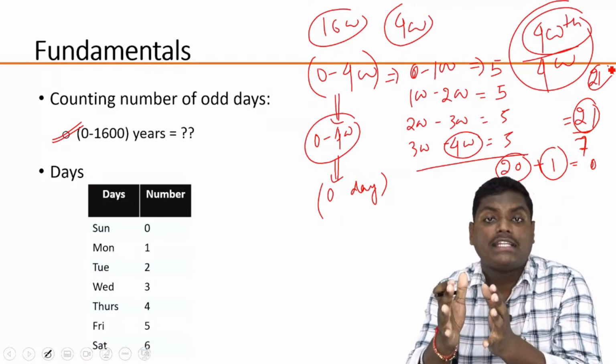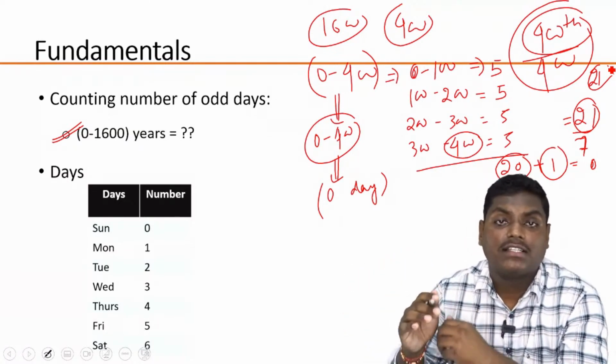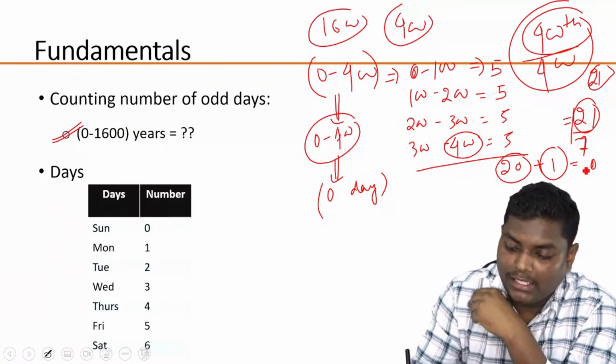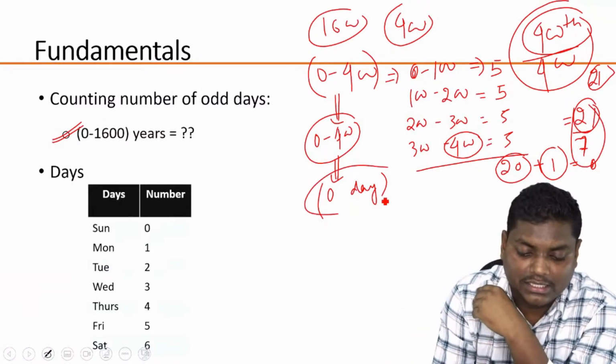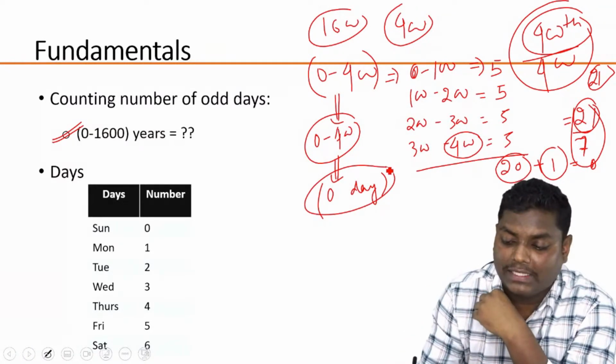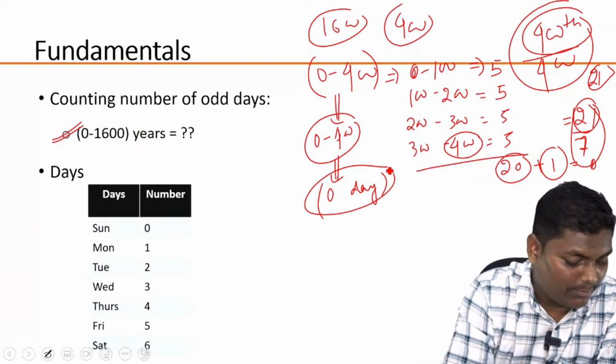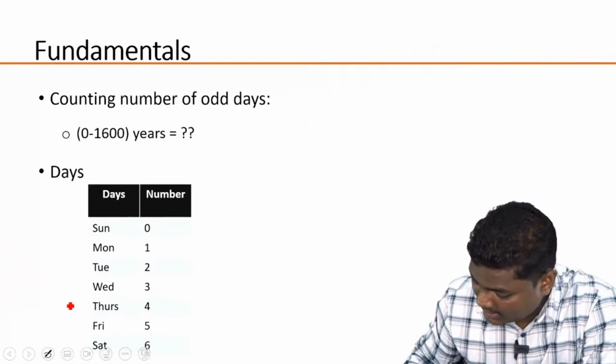Now, if we are having 21 odd days, what does this mean? These 21 odd days correspond to 3 weeks. So after the end, how many extra days? If we divide it by 7, we'll be getting a remainder of 0. So the important fact that we need to understand is,